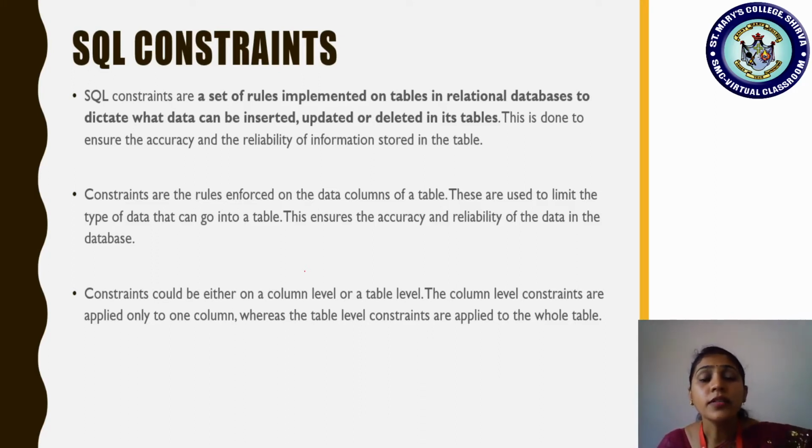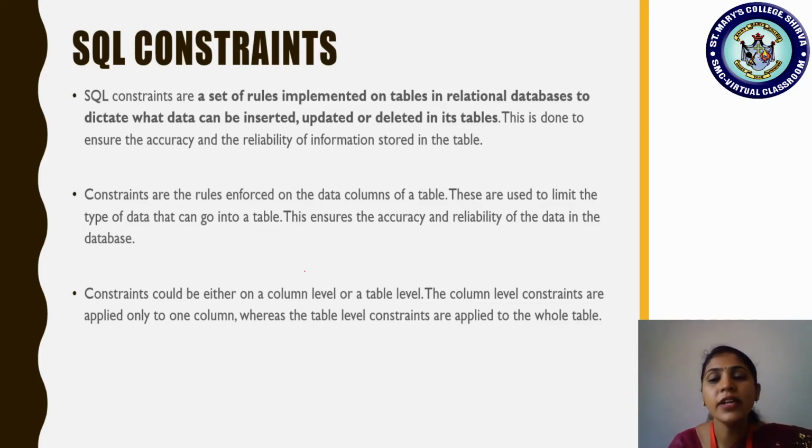And what is the benefit of doing this? By attaching these constraints, the records can be filled with proper data without any mistakes. Constraints could be either at the column level or the table level. So we can add restrictions or constraints to each attribute, or each column. Is that clear? Or at the table level also we can add them, and we will look at that with certain examples.